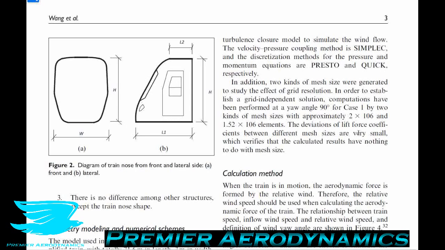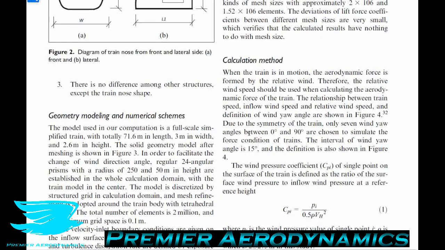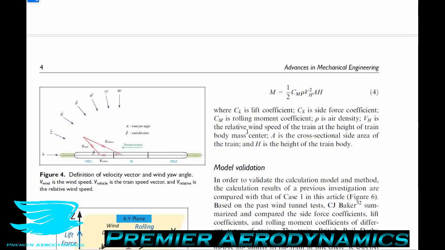As for the number of cells, if you wanted to make this a more efficient process, you could have gone for a coarser mesh and see if you can still get away with that and reduce the number of cells that you need, and then it'll make it quicker. So anyway, the researchers investigated wind angles from 0 degrees to 90 degrees with 15-degree increments, making it